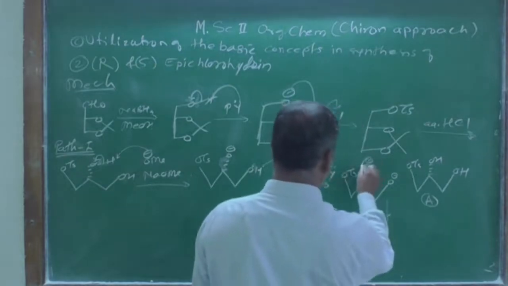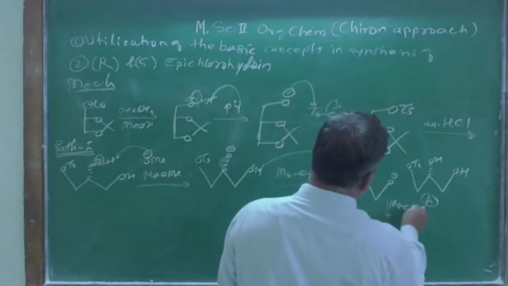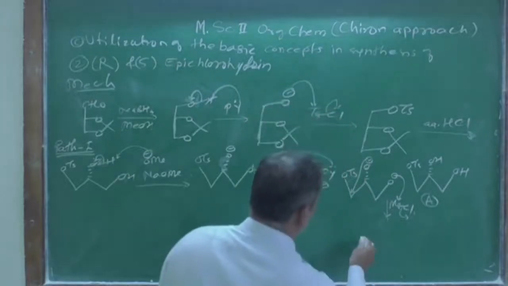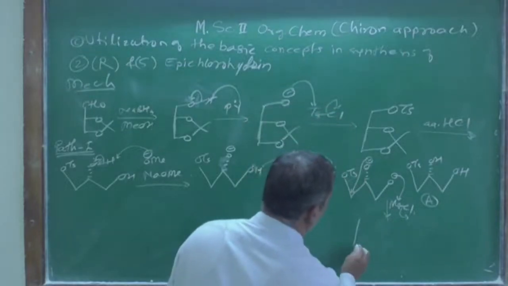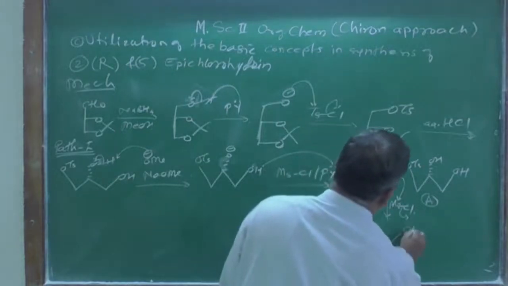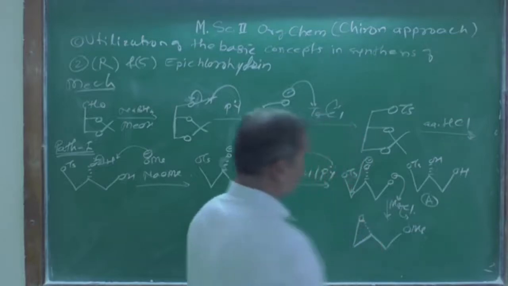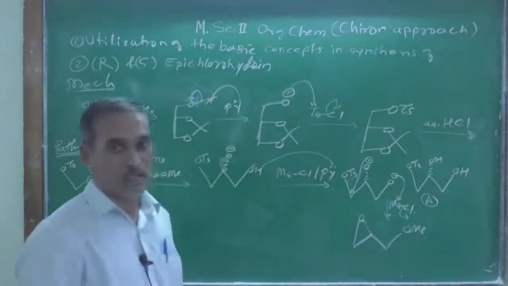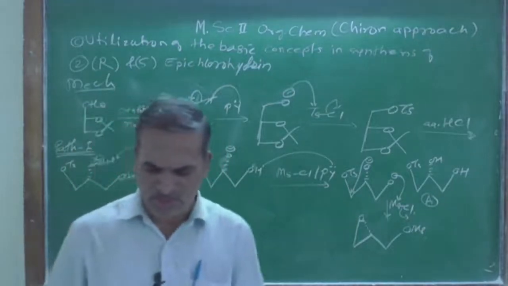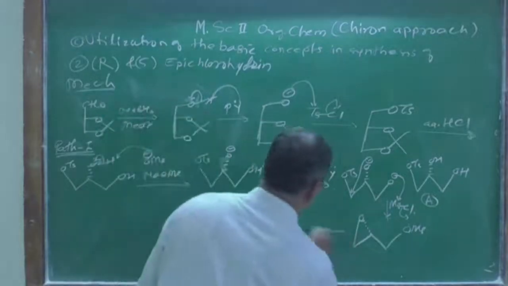This OH is going to attack over there from the epoxide, and MsCl attacks on it, and we are going to get this one. So finally we will get this type of compound here, OMs, and here we are going to get this type of epoxide formation, right? A three-membered ring is known as an epoxide, and this epoxide is further treated with concentrated HCl.